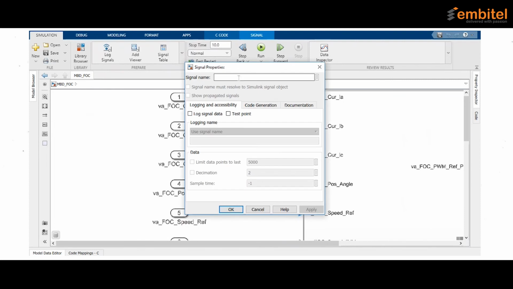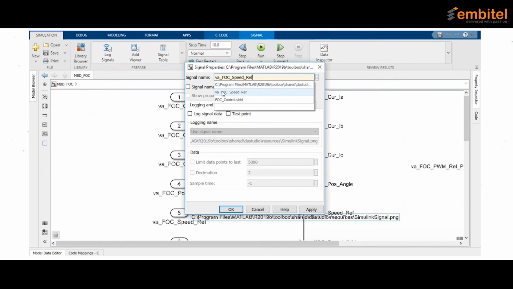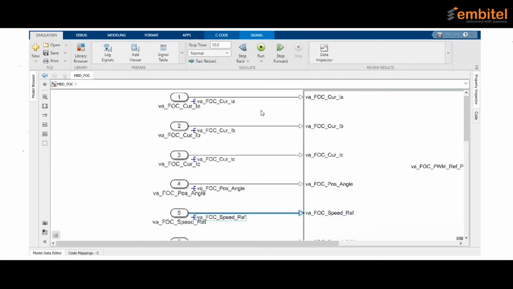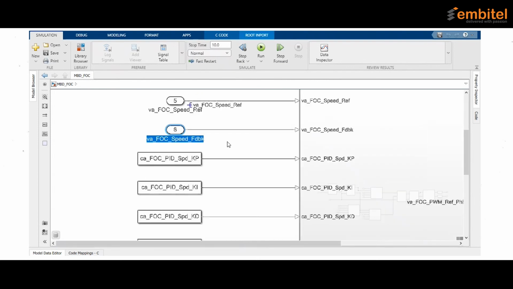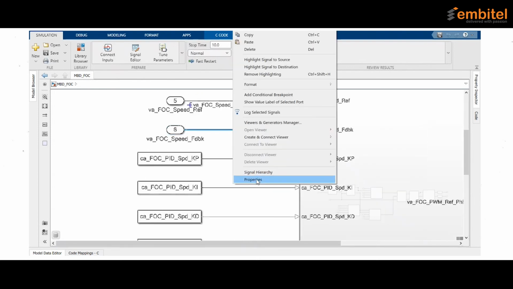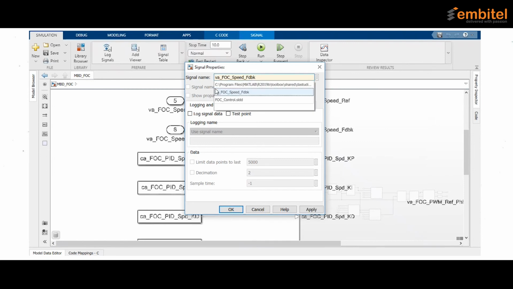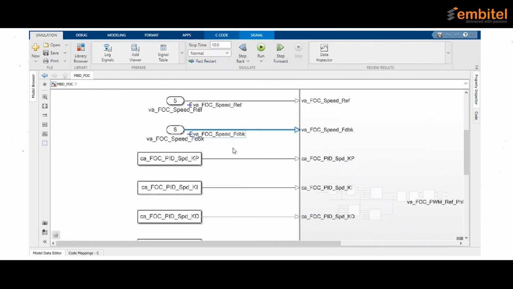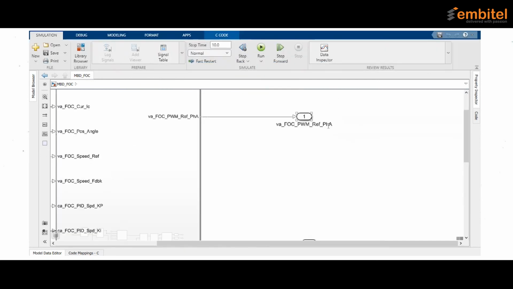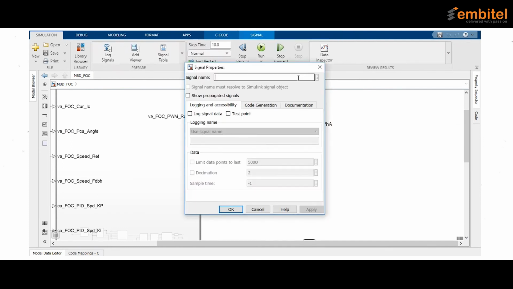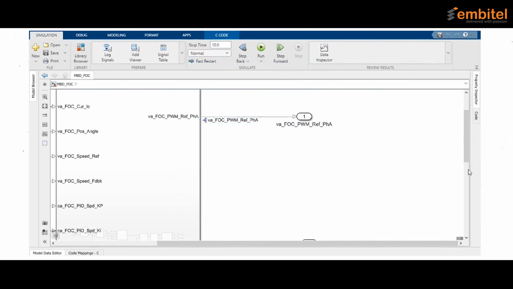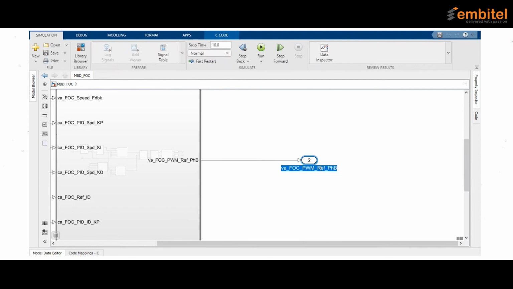Speed reference. Feedback. And for inputs, now we'll do for the outputs. Right click on the output line, paste the signal name, check the Simulink signal resolve.